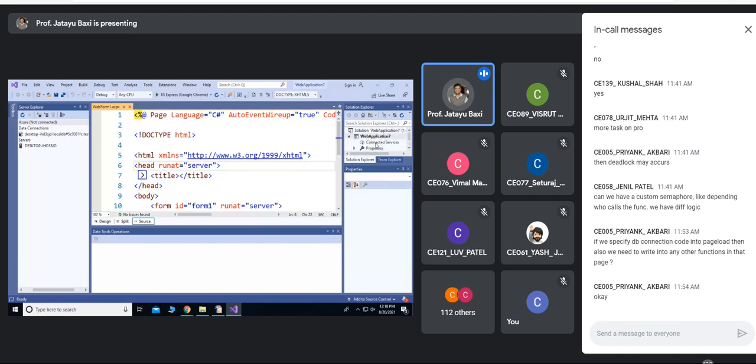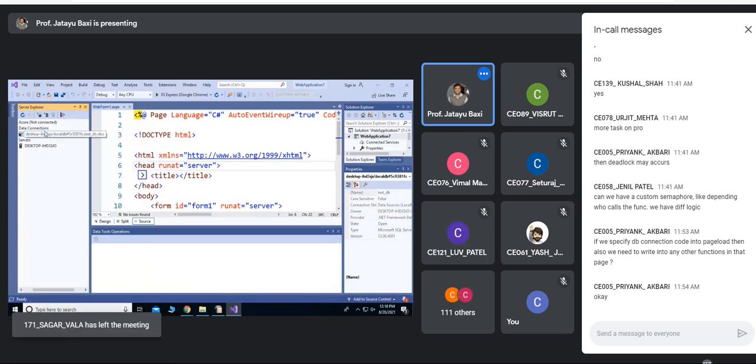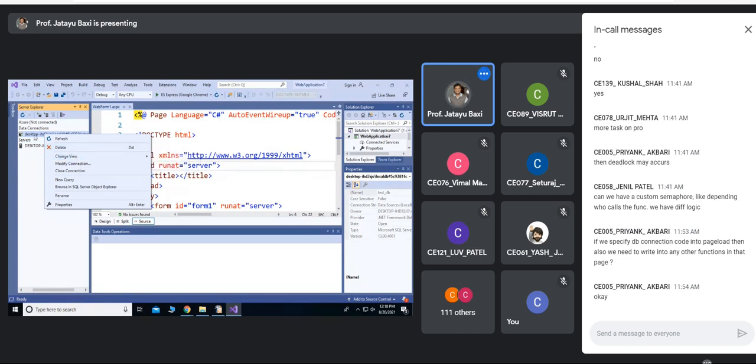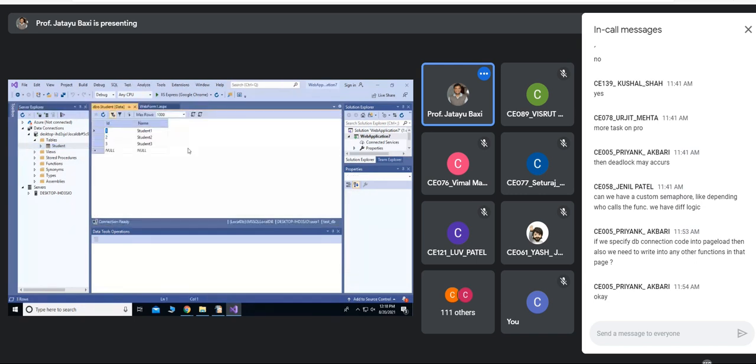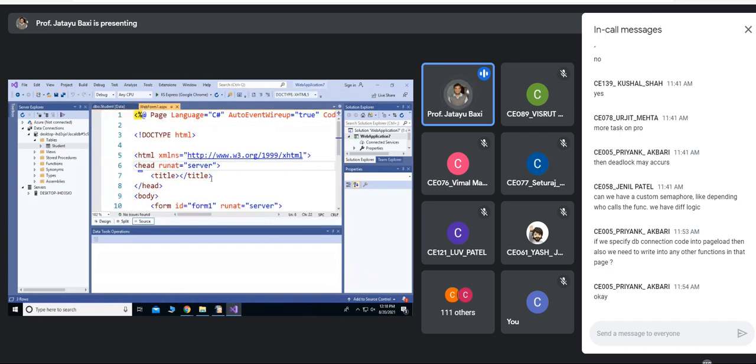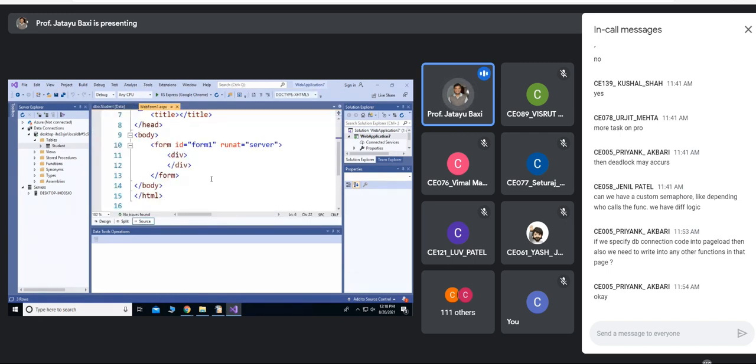So let's say this is my application. I already have a database, I think this is the same database which we created in the last lecture. Let's see if it has some tables. Okay, so it already has some data. Now let's see how to do the GUI based configuration, so that we do not write extra code in our application.